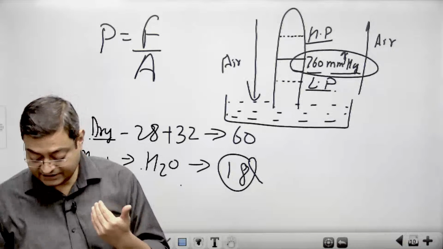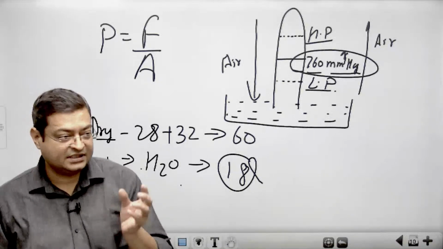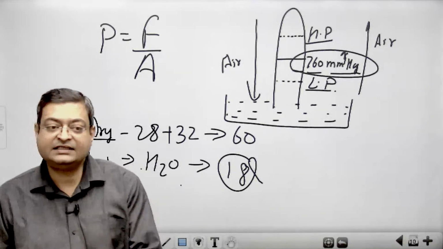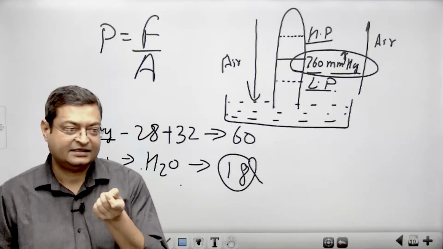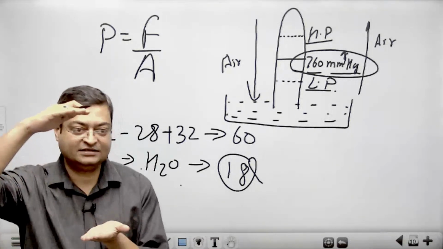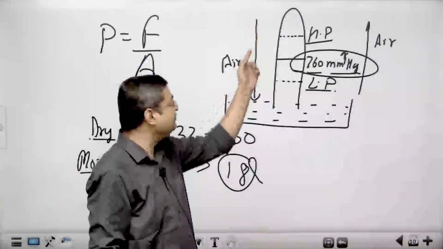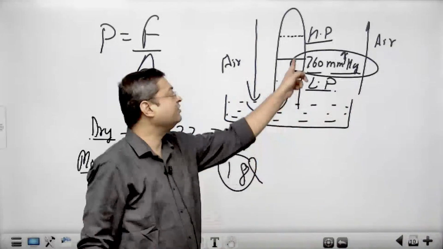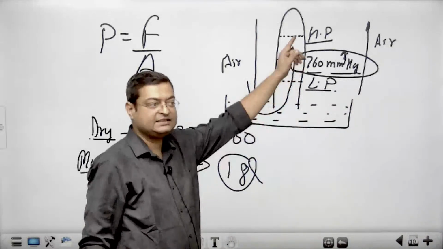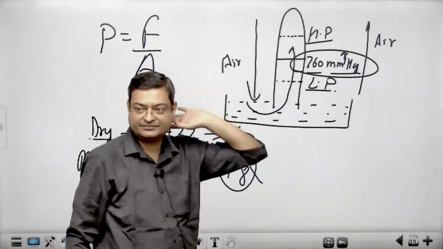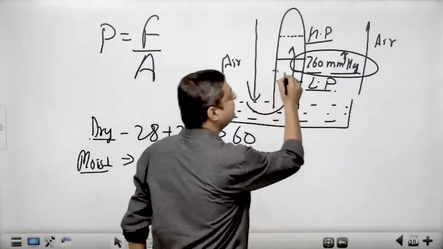If the air is going to become warm, the air particles are going to gain kinetic energy, and then they are going to move upward. Okay? So if the air is cold and dry, then it is going to compress the air, and the mercury column is going to rise. It is high pressure, and this is low pressure. So common pressure is 760.